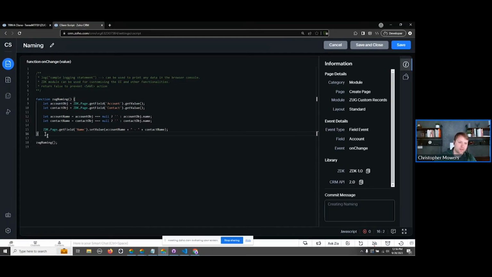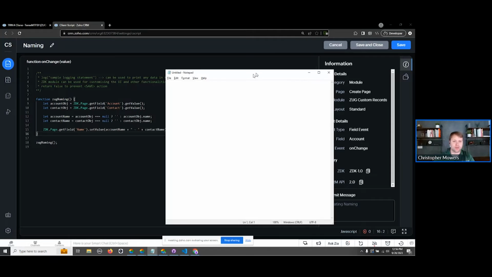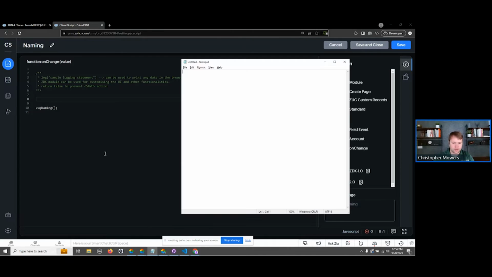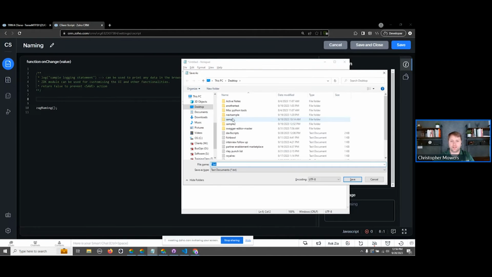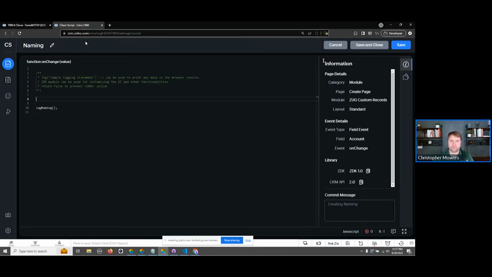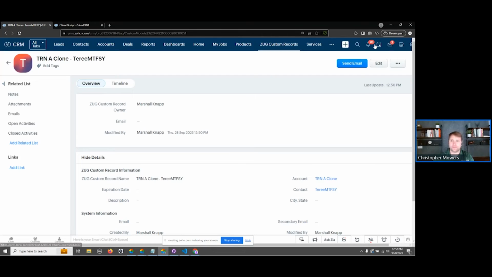That'll work. Now, this is where you can convert this to a static resource. I'm just going to open up Notepad right now. You could use VS Code or a text editor of your choice. Doesn't matter. But I'm just going to cut this, paste it into Notepad, save it. We'll call it Zug script.js. .js is important. All right, and then